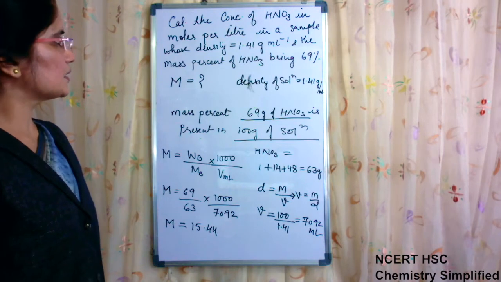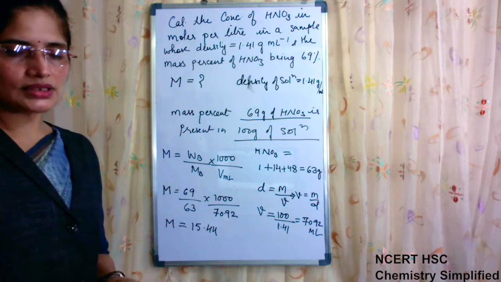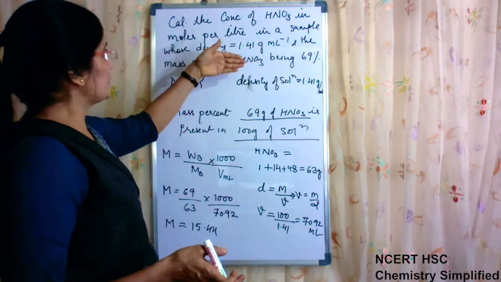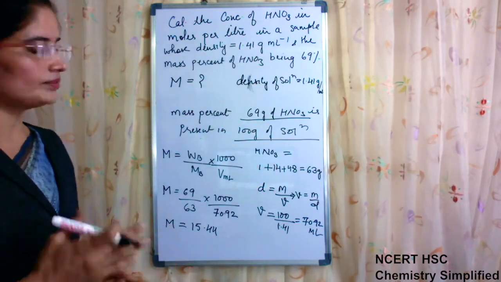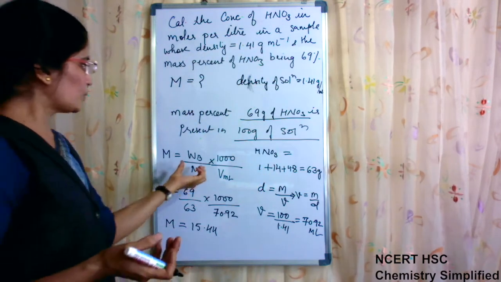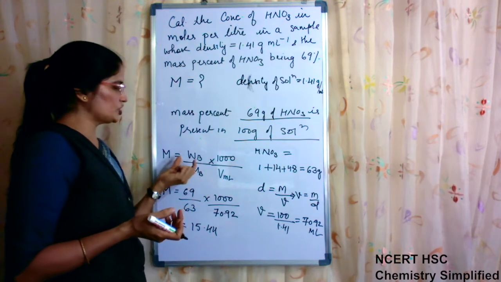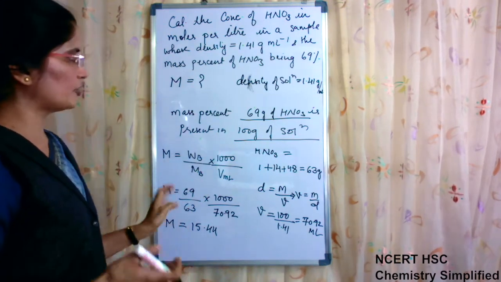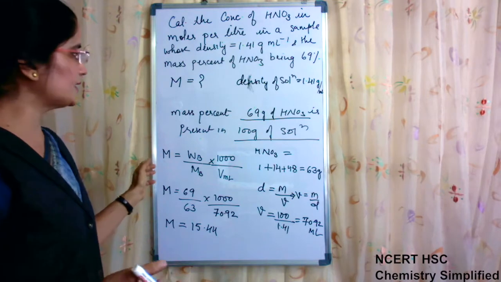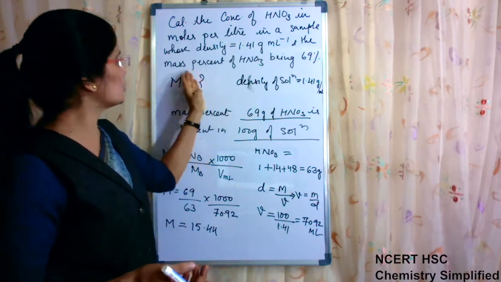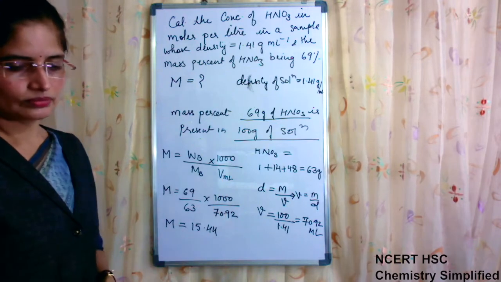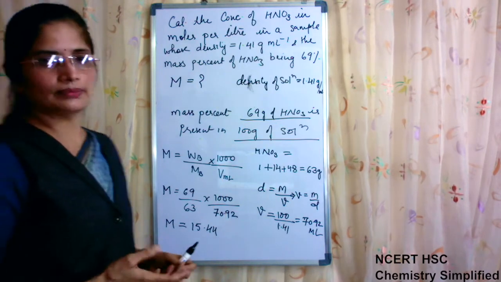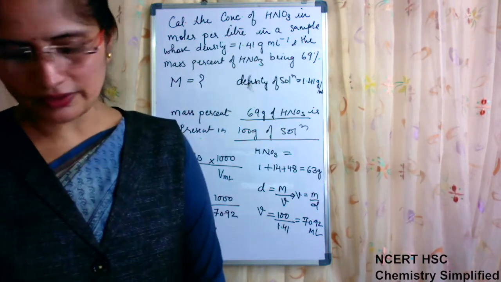Okay, so this is the complete procedure. Every time you will be either calculating molarity or molality, but to obtain the quantities required for calculation, you will have to do it in a different manner. For example, in the previous one directly they were given. In this question they were giving you mass percentage and then you have to calculate through it. So this is one of the ways.